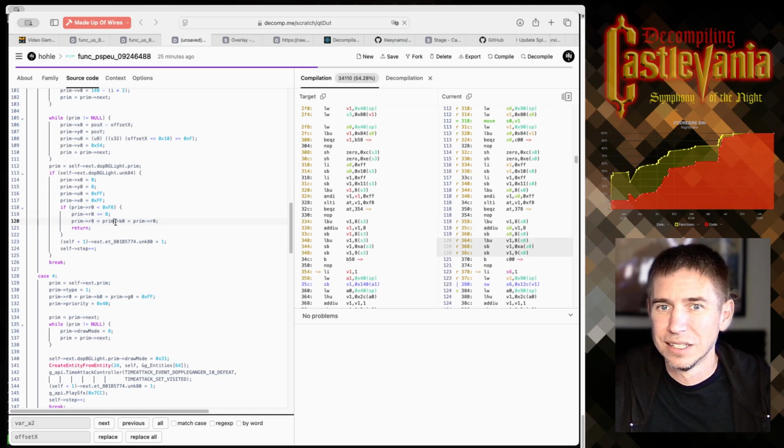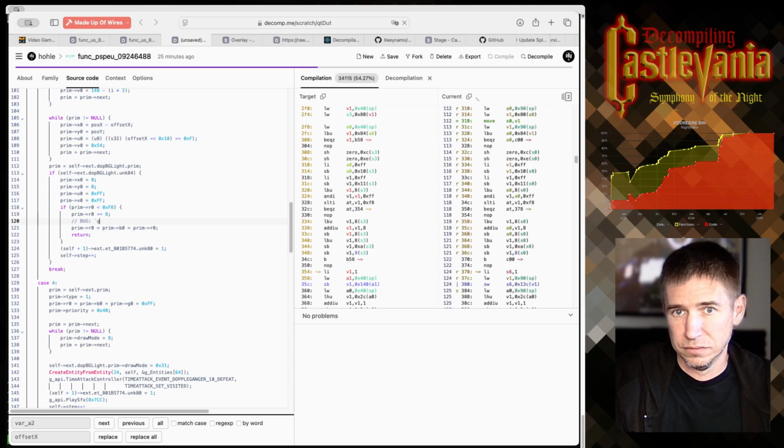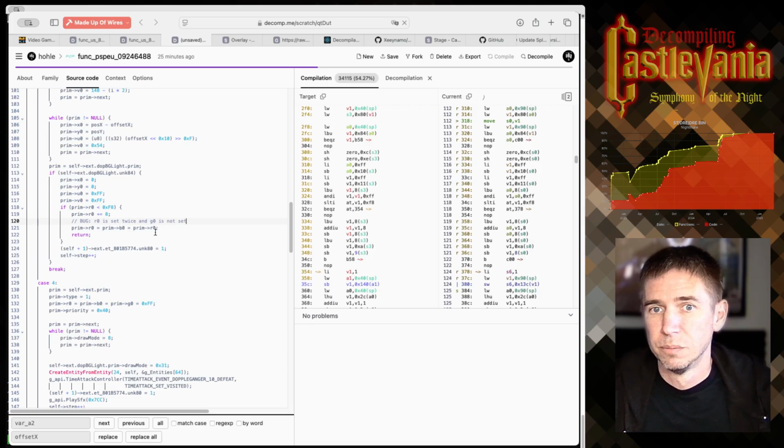So I think that this is a bug. And so I'm going to make a little note. But it does look like the intention was to set green and blue to the R0 value, and then it